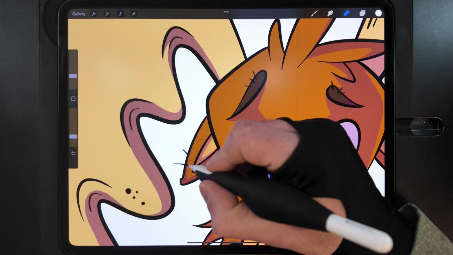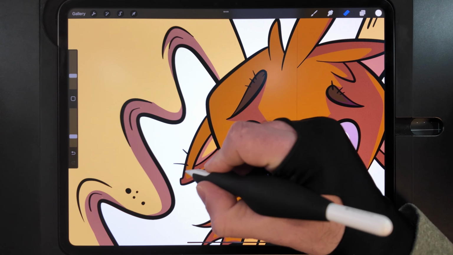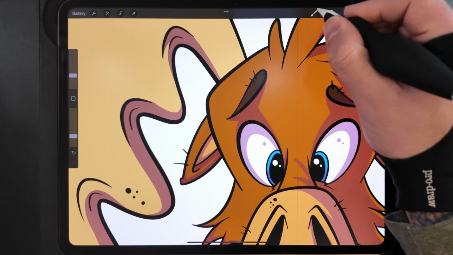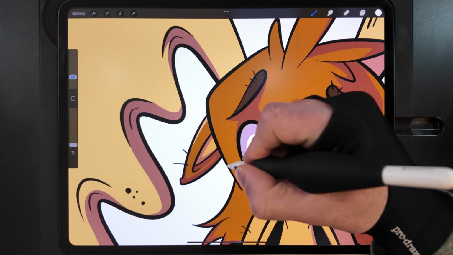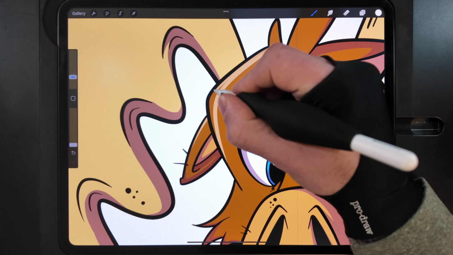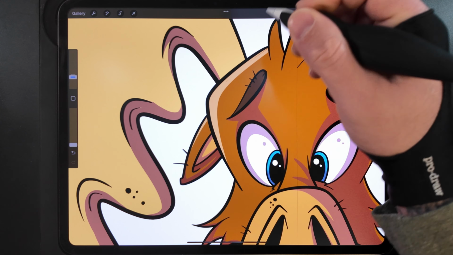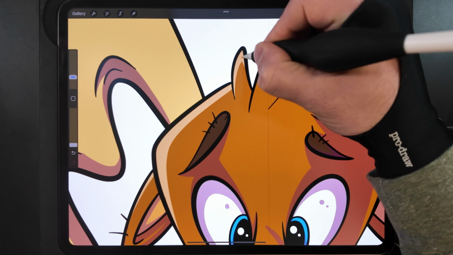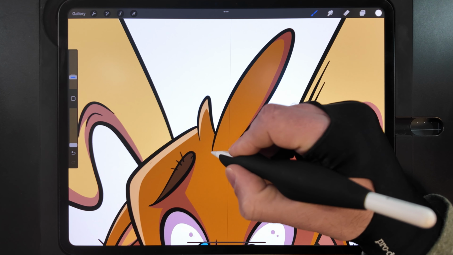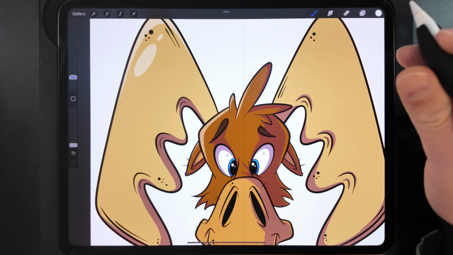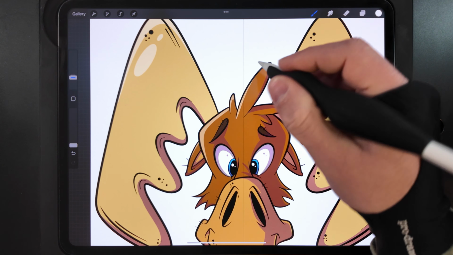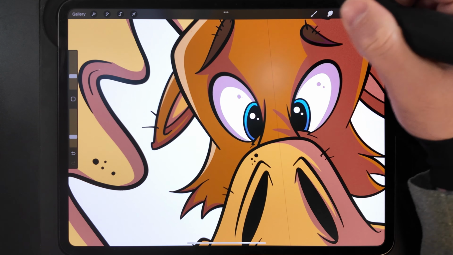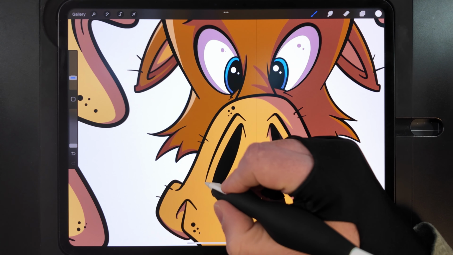I'm going to go back to my shadows layer here and pull that shadow back a little bit. Back to my highlights layer. Just kind of start to pull some highlights here around. Again, just following the way that those initial ink lines flow. Just curving that in. What I'm doing here is making sure that the shadow and the highlights don't connect, so you need to make sure that there is a break between those. If you get a little bit close on those,